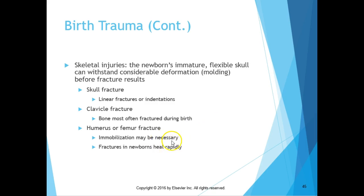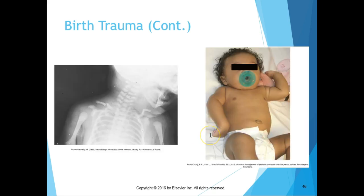This sometimes happens. A humerus or femoral fracture can happen when the baby has one leg hanging out and has one leg up in a breech position. And so sometimes you can have a baby with a fracture that way. You can see this is a clavicle fracture, and this was probably from